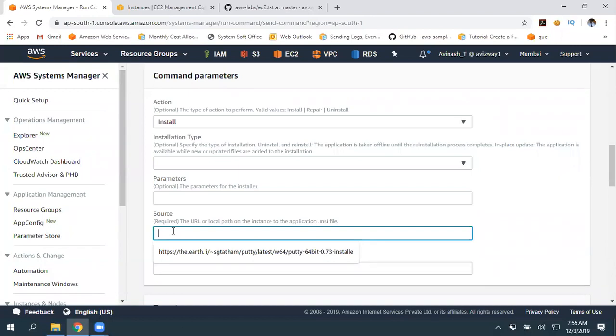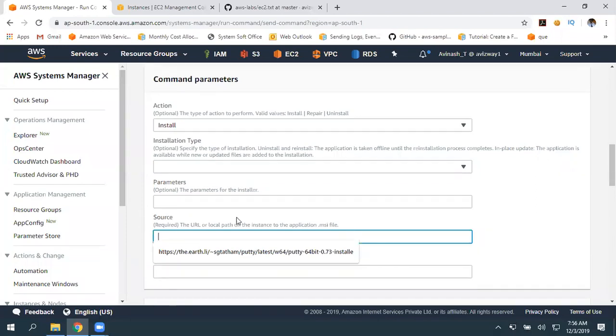So in that case, what you can do is upload that file to an S3 bucket, give read-only permission, and give that S3 URL here. When you give the S3 URL, the file will automatically be downloaded from S3, copied to our EC2 instance, and installed with admin permissions. So you really don't need to log into your machine to install, uninstall, or repair an application. So that is one.